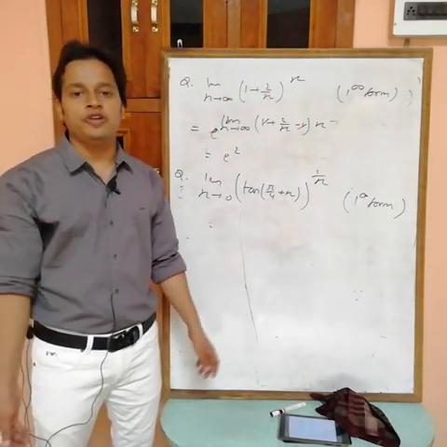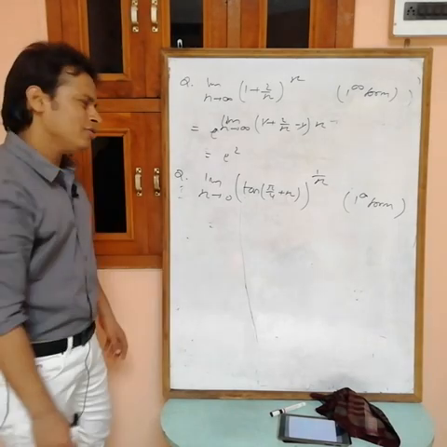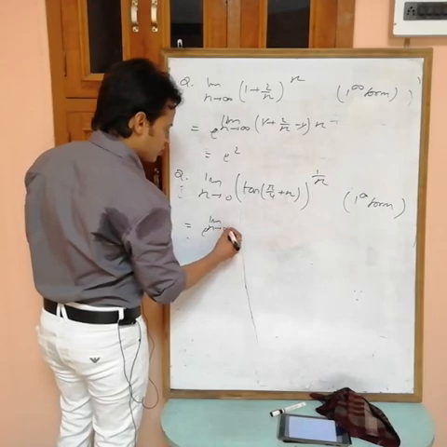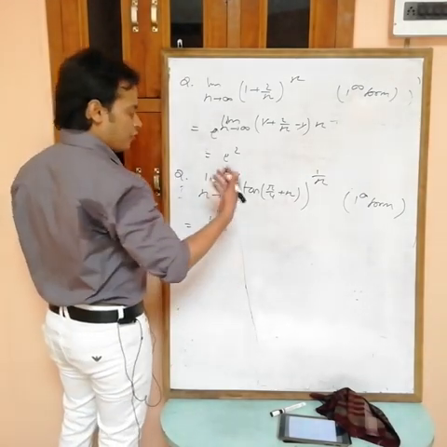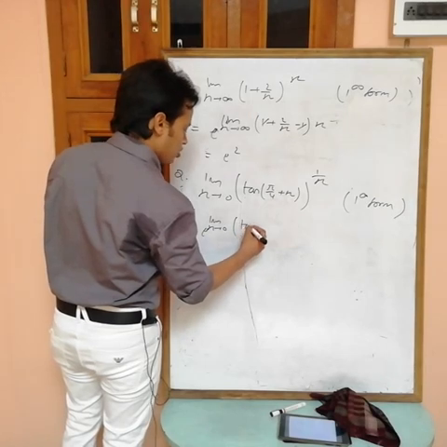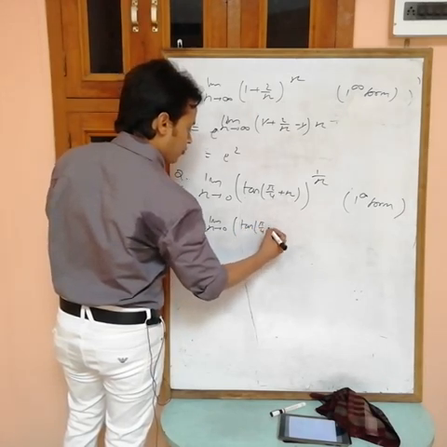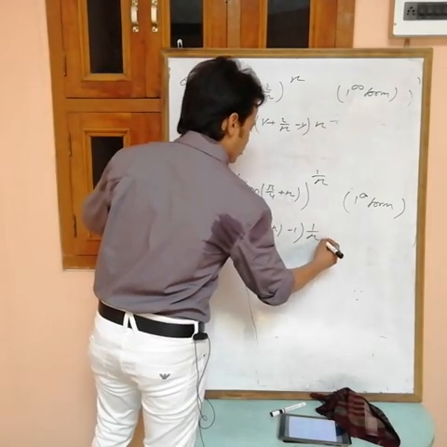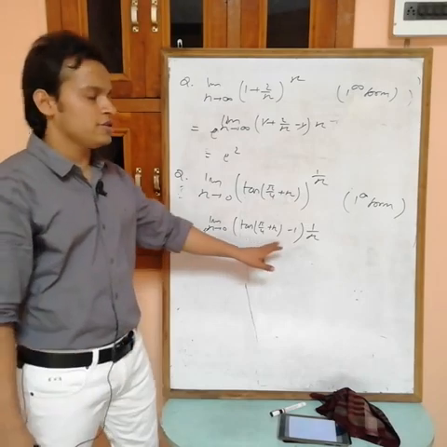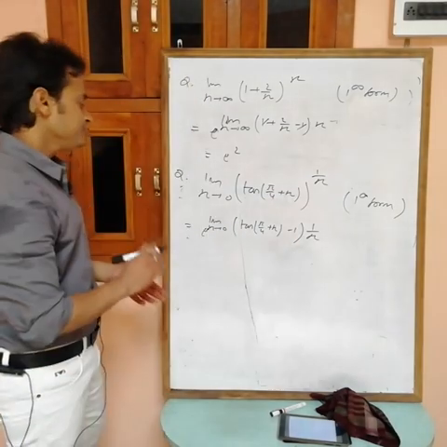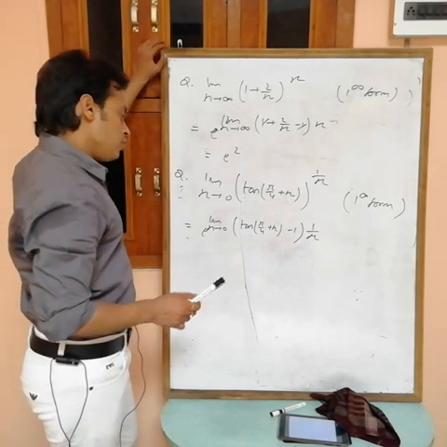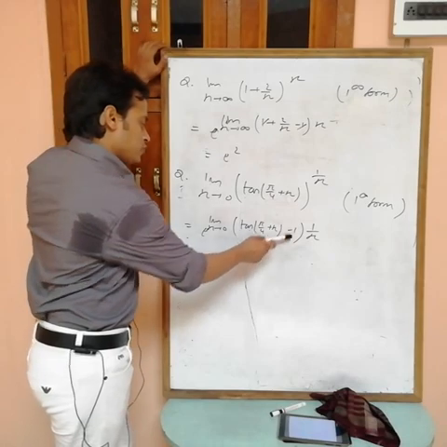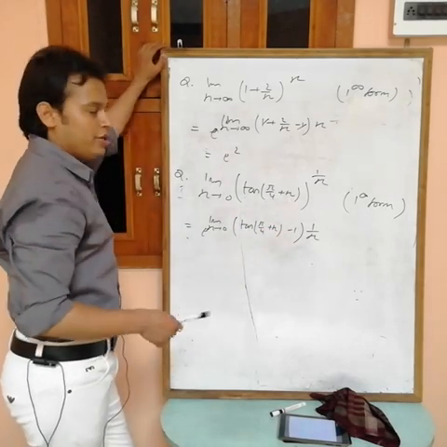Again, if you have the 1 power infinity form, then we have the same formula. So simple. e power limit x tending to 0 of (f(x) minus 1) times g(x), that is (tan(pi/4 plus x) minus 1) times g(x), where g(x) is 1/x. f(x) power g(x) gives (f(x) minus 1) into g(x). Now if I put x equals 0, then tan(pi/4) is 1, 1 minus 1 is 0, so we get a 0 by 0 form.